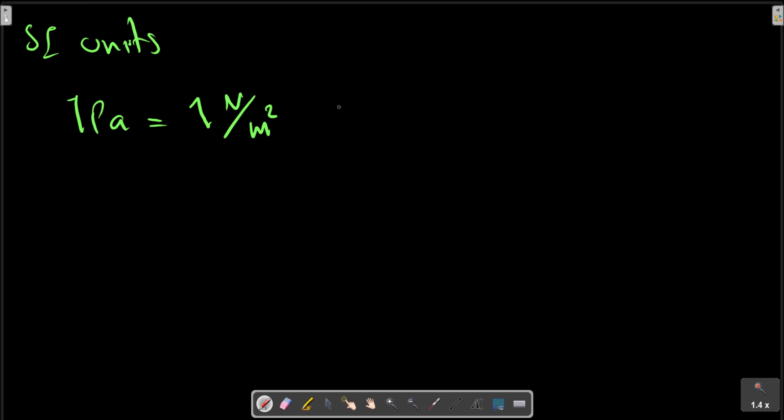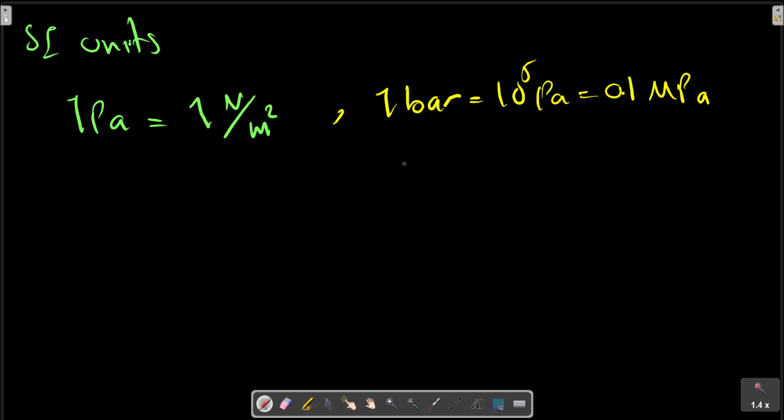Two other units are 1 bar, which is approximately 10 to the power 5 Pascal, or 1/10 megapascal. And also we have 1 atmosphere,